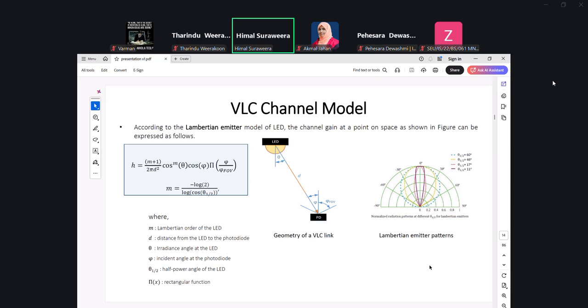Clearly, you can see how machine learning will enable intelligent decisions to be made depending on the context of the users. For example, if the users are clustered, maybe it's better to use narrow beams. When the users are spread apart inside the room, since visible light communication is typically used in an indoor setting, maybe wider beams are preferable, and so on.